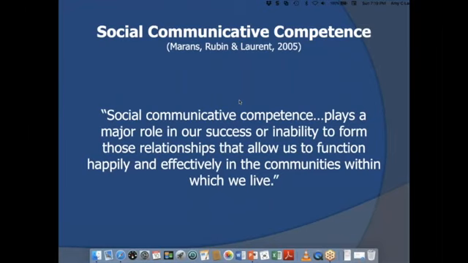And so we know when we're working with children with autism and related social communicative disabilities like Phelan-McDermid, their social communicative competence is compromised by the nature of the challenges that they face. So this is where we want to intervene, because what we're really after is good quality of life for the children and the individuals that we care about with these diagnoses.